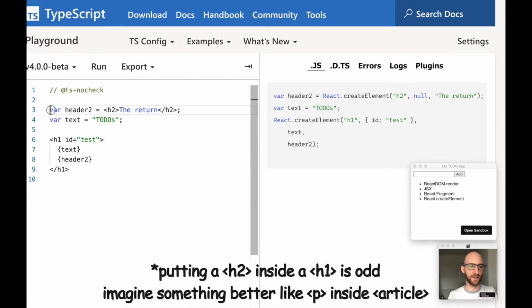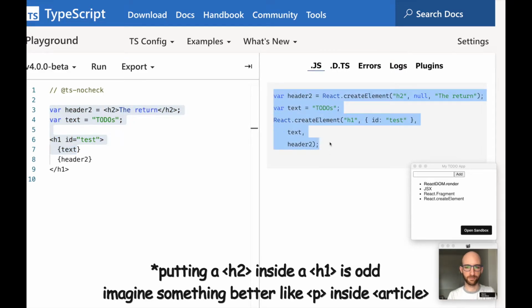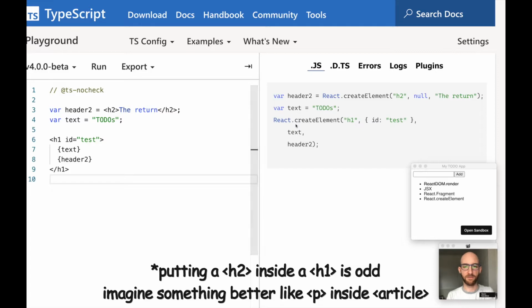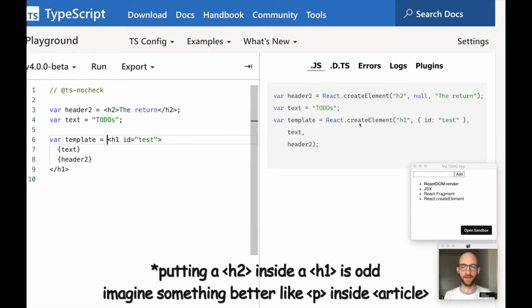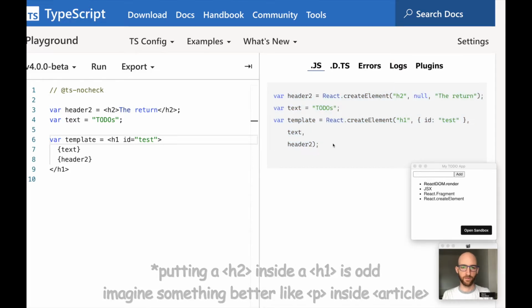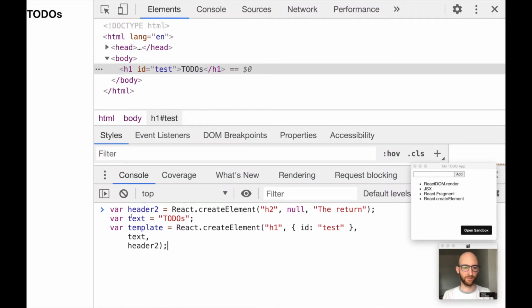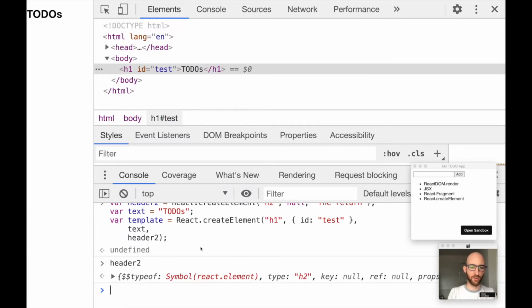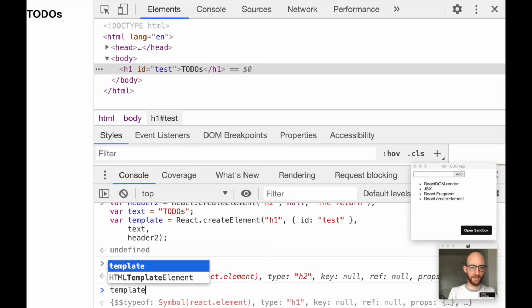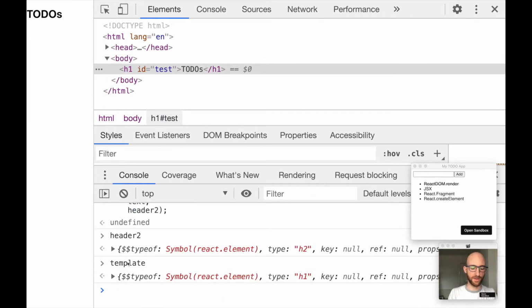So I want to take this, and we can actually store this last bit as well. That might be easier. We just call that our final template. Take this, go back over here. So we could run this first, like here. So we've got our header2 and our text, and if we look at the final template,